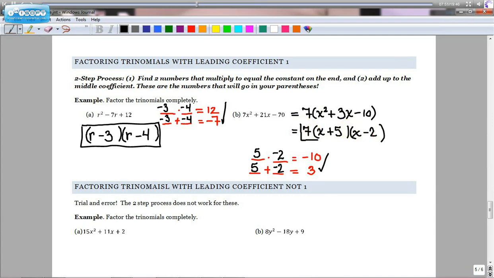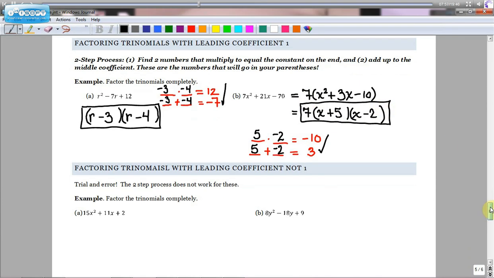And that would be our factored expression. Okay, so those were trinomials that had a leading coefficient of 1. Okay, part B, after we factored out the 7, we had the leading coefficient of 1, so we could use